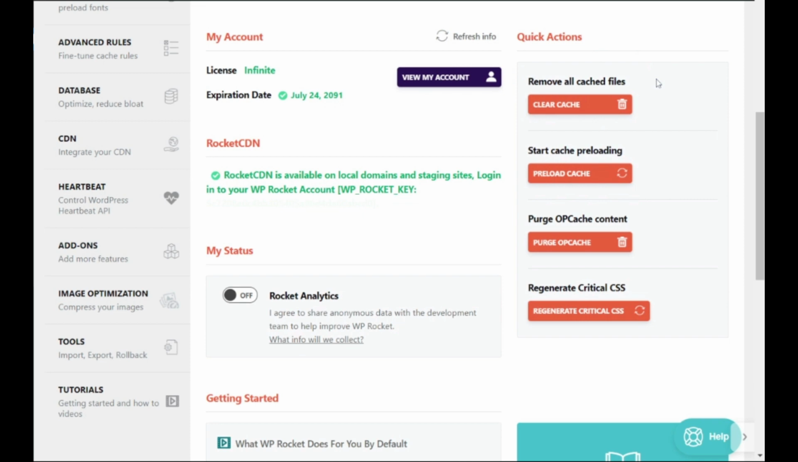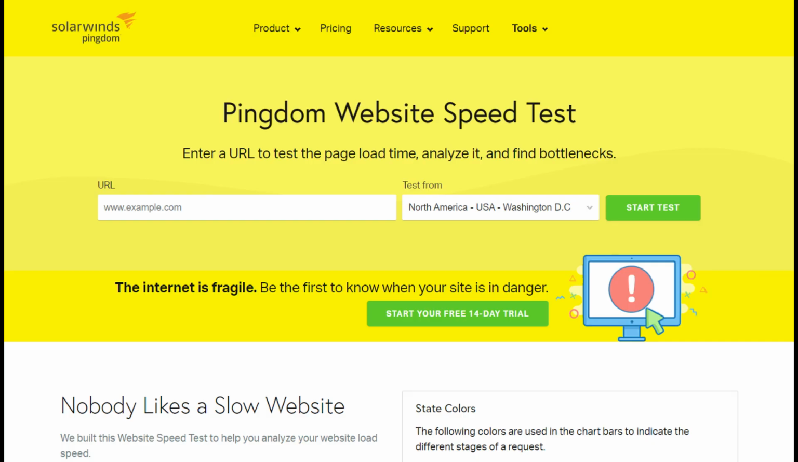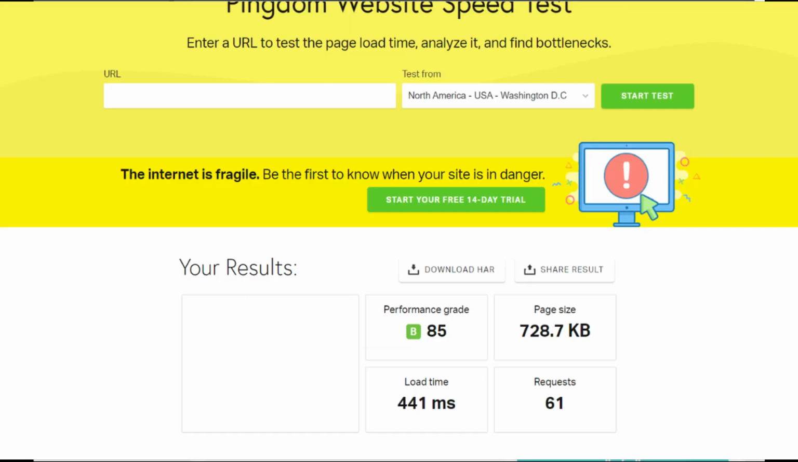Now what you want to do, head back over to GTmetrix or Pingdom, wherever you tested before. Run that test again. Let me know the difference in the page size and your load time. Let me know how different and how much better it is now that you have set up